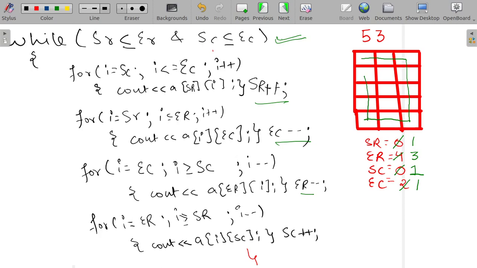Now when the while loop is iterated again and the conditions are checked, so let's check them. The value of start row is 1, and it is less than or equal to end row. So 1 is less than or equal to 3.